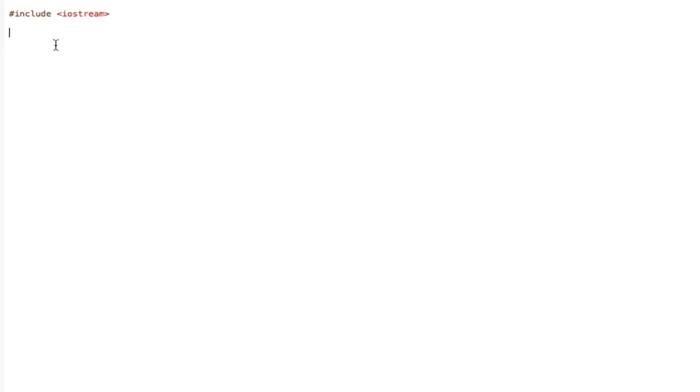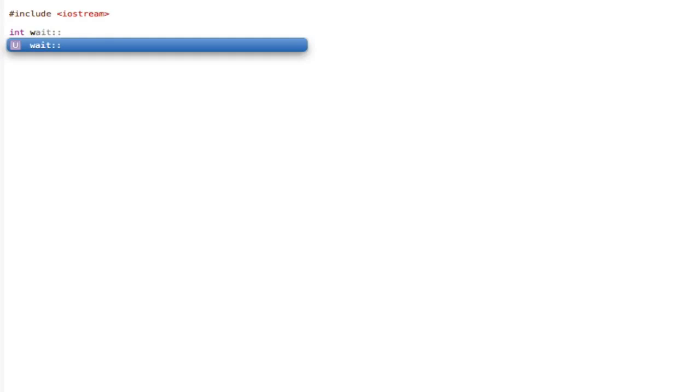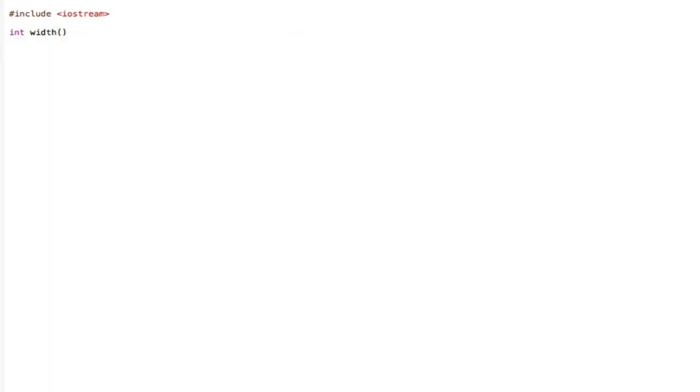Okay, the first thing you gotta do is type in int width, or whatever. You'll see why I'm doing width. Close that off. Declare a function that returns an int. Okay, so now int main, the proper function. Int wd, you can do anything you want, equals width. Semicolon, next line std cout. The width equals